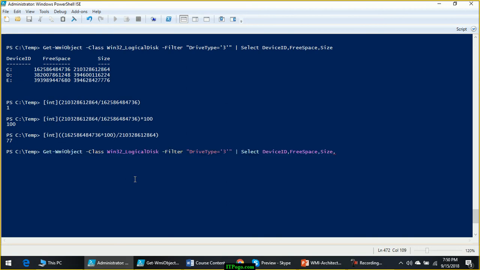So how do you get these results in the output? I want to add one more column using custom property expressions.